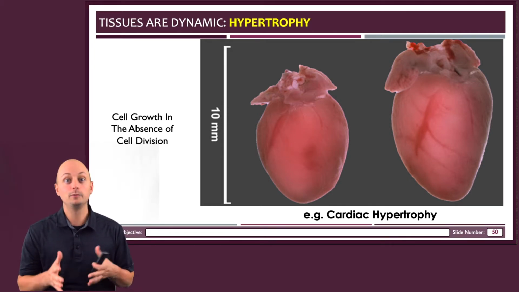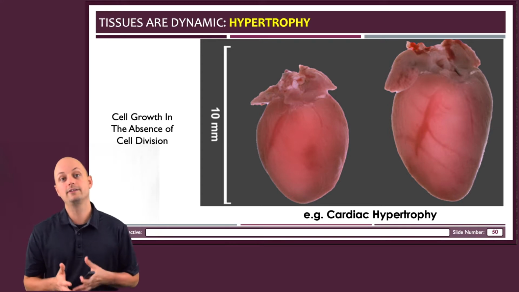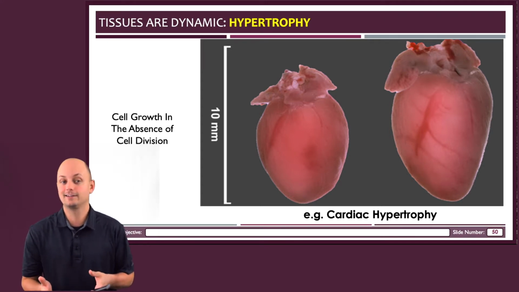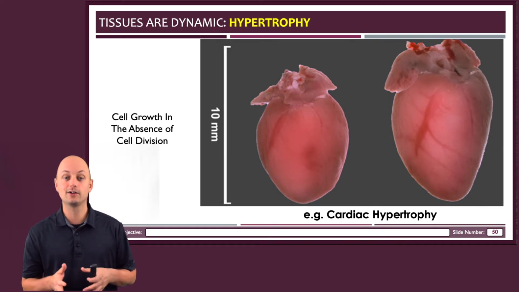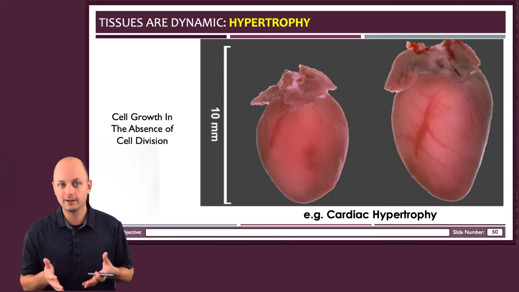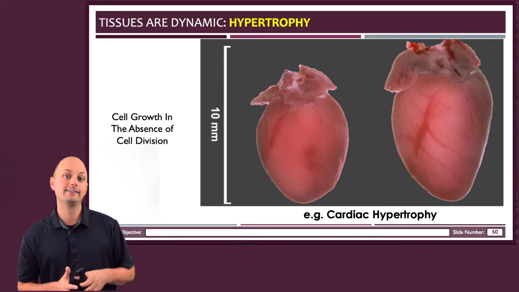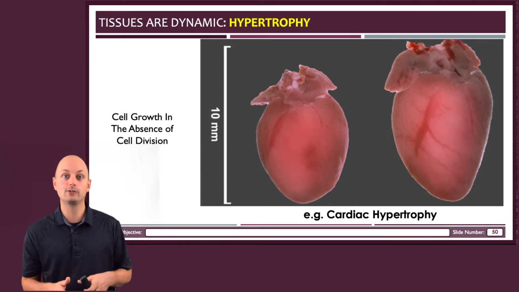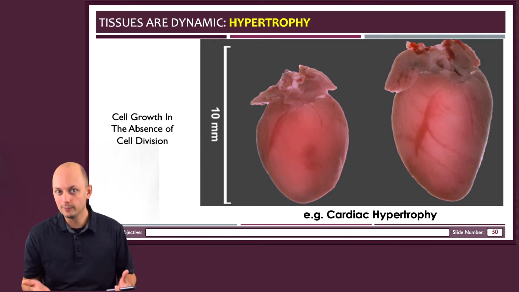An example of this would be your heart. If you were to compare the heart of an athlete who runs marathons to, say, my heart, which is lucky if it gets to take a walk up a flight of stairs once in a while, you'd probably see that the athlete's heart is bigger because the cardiac muscle cells are bigger. And that allows them to contract more forcefully and pump more blood out to their very athletic body. But bigger doesn't always mean better.